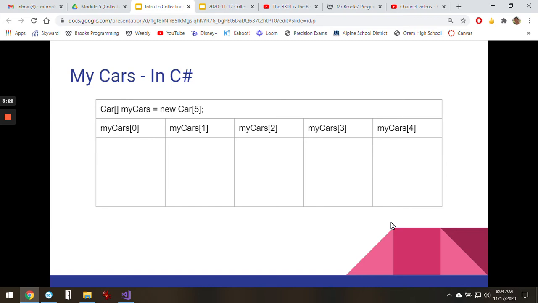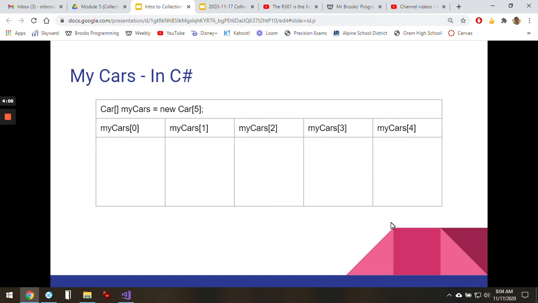My first garage is known as garage 0. It's kind of like the address on my house, but the first one is always 0. The second one is 1, and so on and so forth. So I have 5 slots here. If I try to put a car in my car's index, this is called the index or subscript. You read this as myCars sub 0 or myCars sub 1. If I want to put it in myCars sub 10,